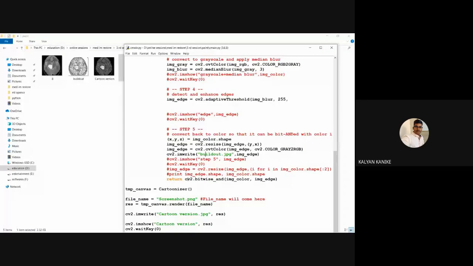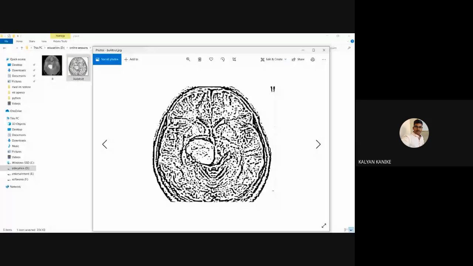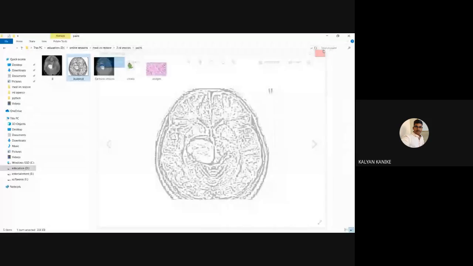Before saving it as buildout.jpg, we use cv2.bitwise_and, which means we are multiplying the color image information and the edges information. Because of this, we get this type of output. If you see the output, it is clear about the nervous system.